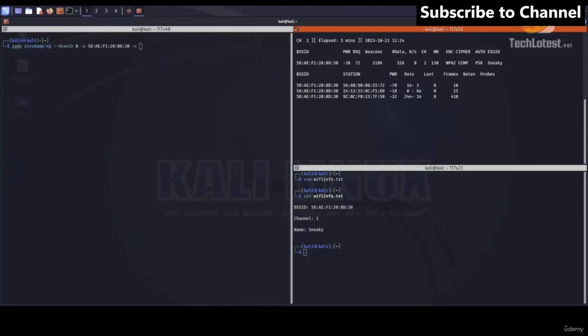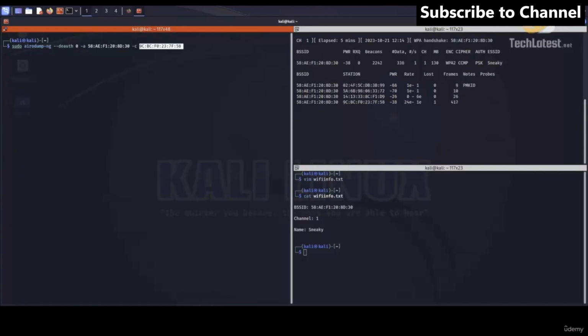Because I have this device, a mobile phone, and I want to disconnect the communication between the router and this device, I will give it that. And then the Wi-Fi adapter we want to use. So, okay, maybe we made a mistake. Oh, sorry. Big mistake I've done. Actually, we don't use the arrow dump